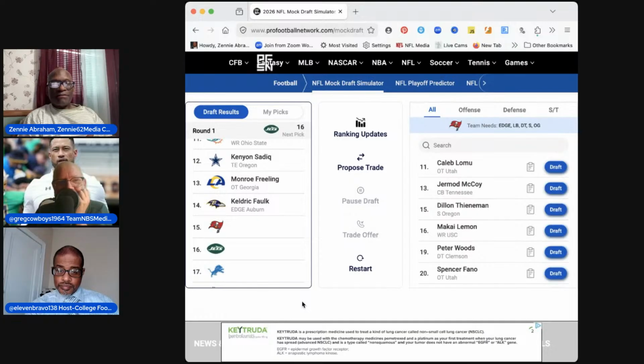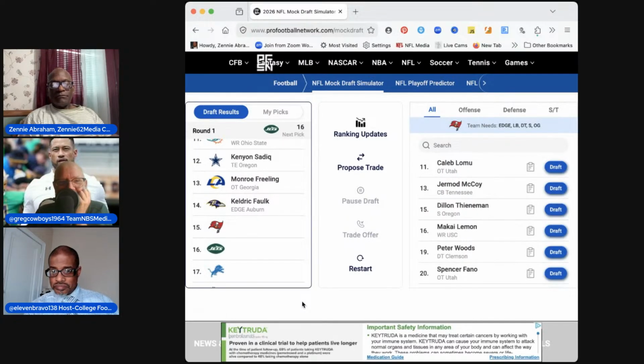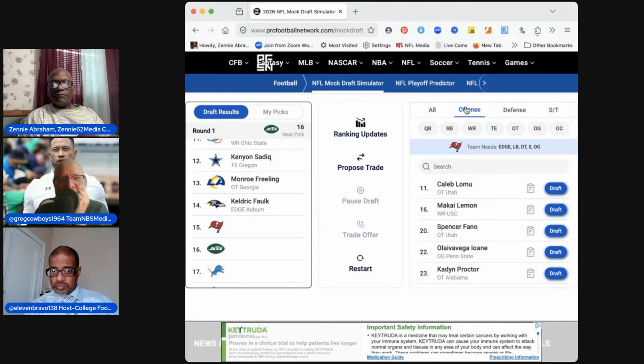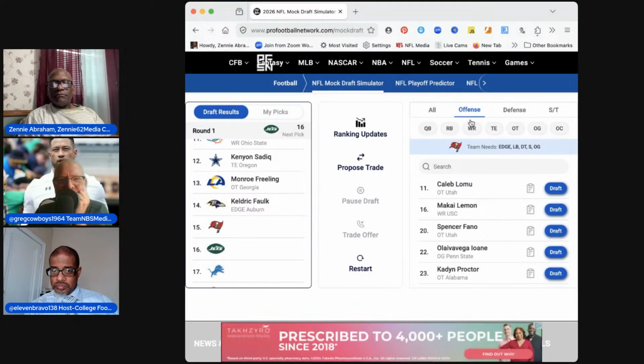All right, so the Bucks. Can you click on offense above the Bucks there, and then click the wide receiver? Okay. Yep. Team needs edge, linebacker, defensive back, safety, offensive guard, wide receivers not listed. But